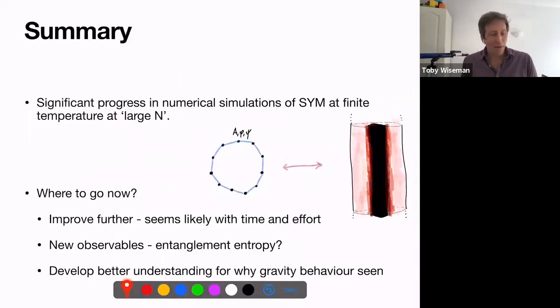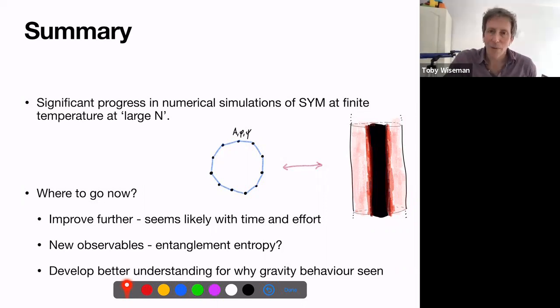And I really am way over time, so let me just summarize. There's been over the years some significant progress in trying to directly simulate these super Yang-Mills theories at finite temperature. I think it's reasonably clear in the quantum mechanics that there's good consistency with low temperature predictions from supergravity. It would be nice to extend to lower and lower temperatures and larger N, but at some point,